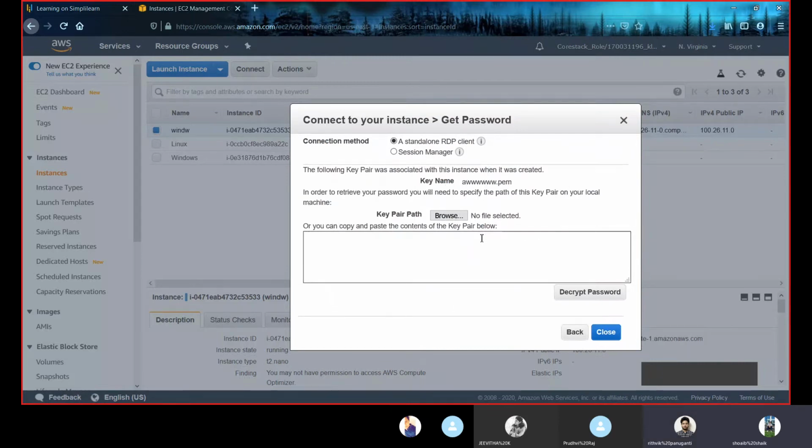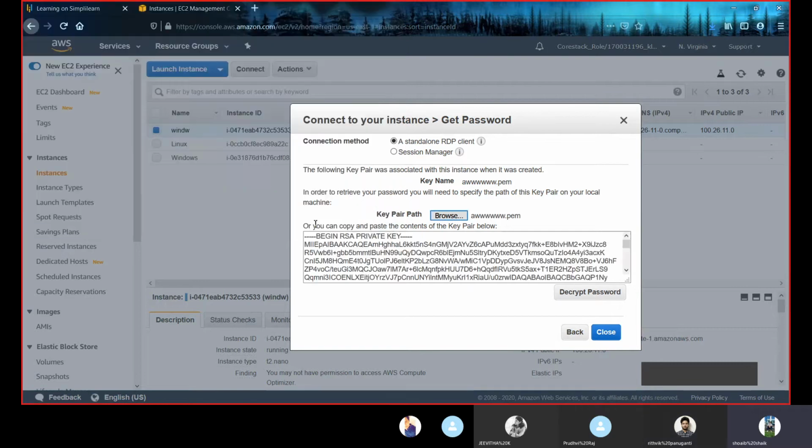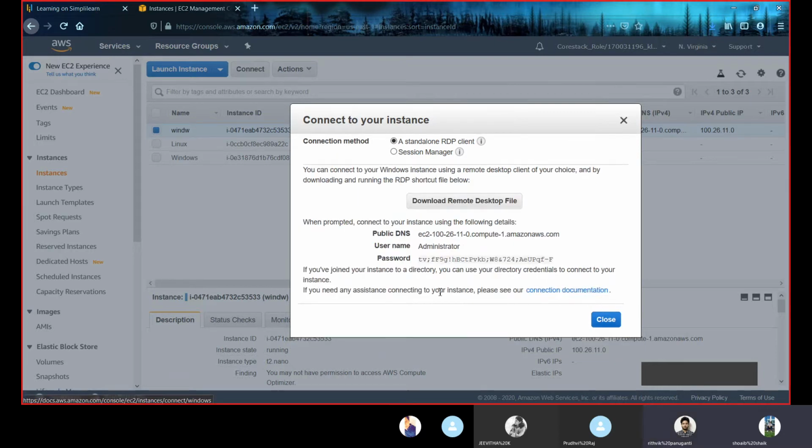Now, the key pair we downloaded was AWWW. Now we have to set the path of that key pair. So click on browse. Now I have my key pair stored here. Now I'm setting the path. So yeah, here is my path. Set it. Now click on decrypt password. So this is my password. Did you get your password, everyone?